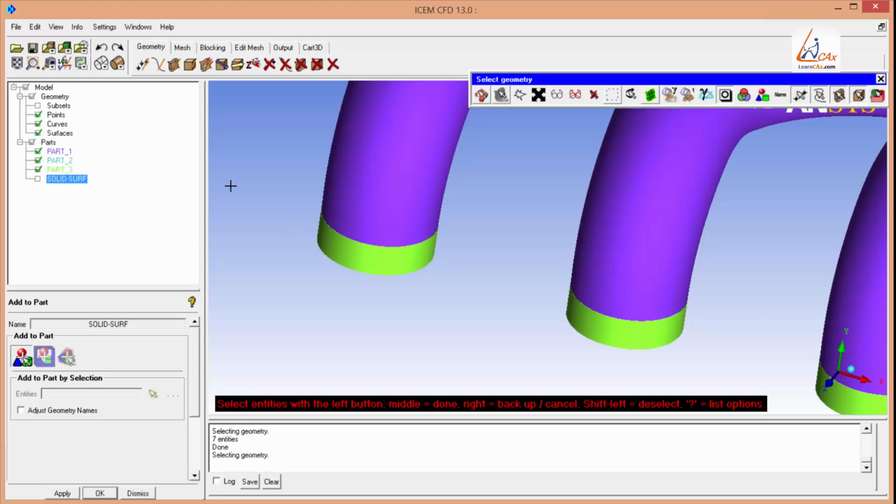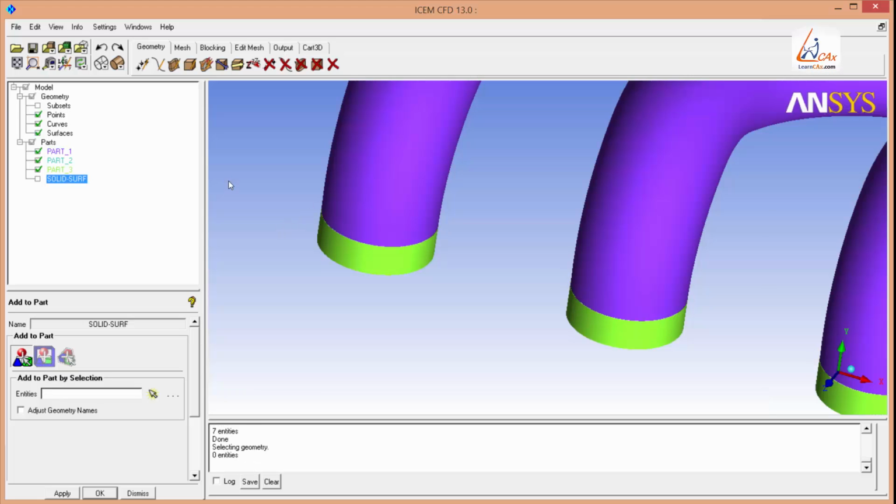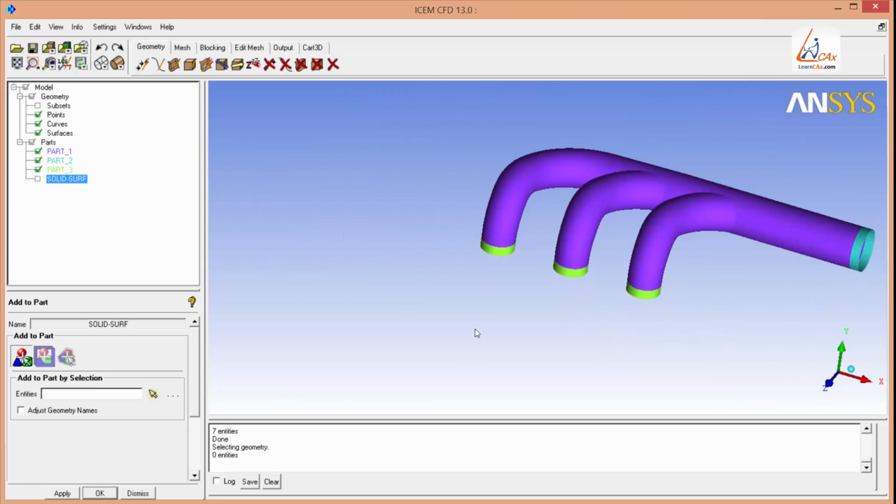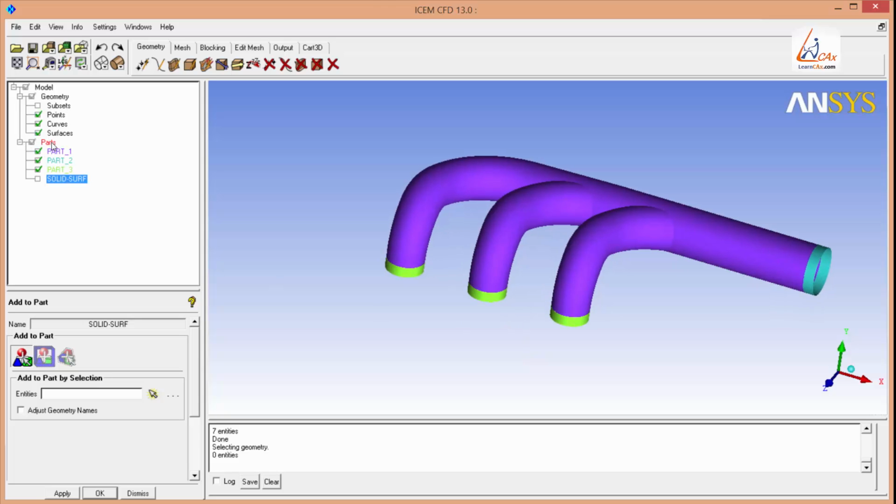And complete the selection by middle click, and done. So now we have all the solid surfaces in a separate part. Now we need to create a new part. Right click on parts from the display tree,